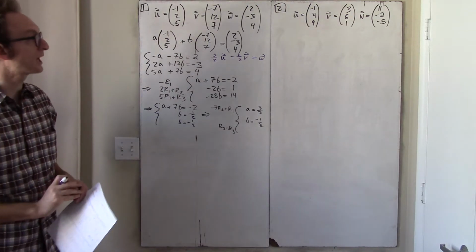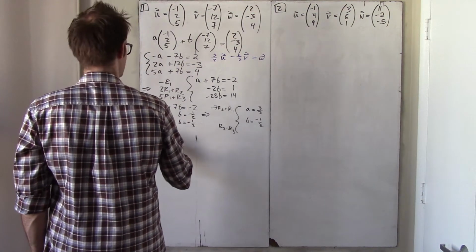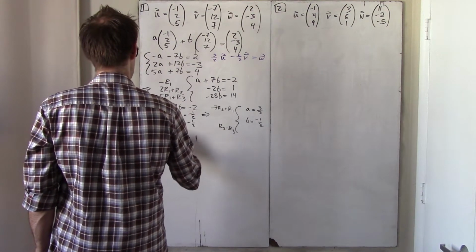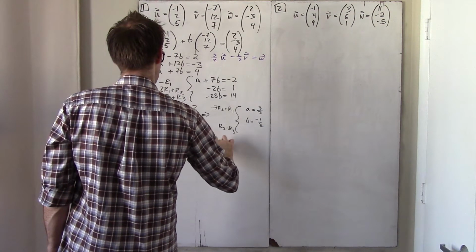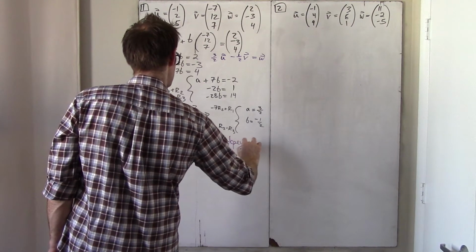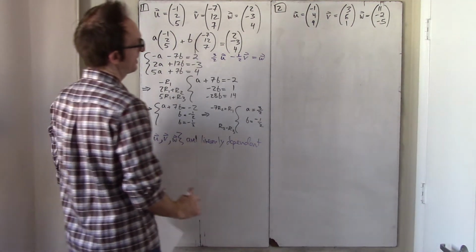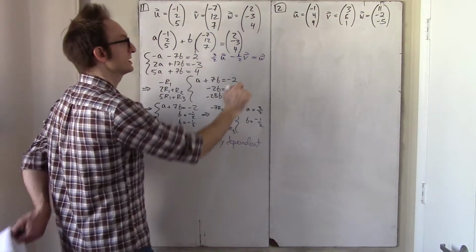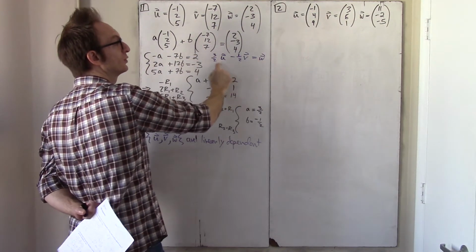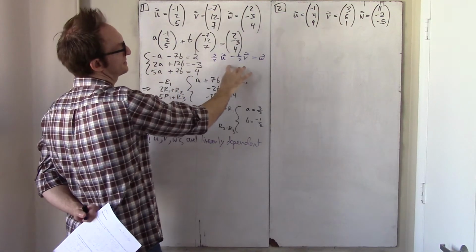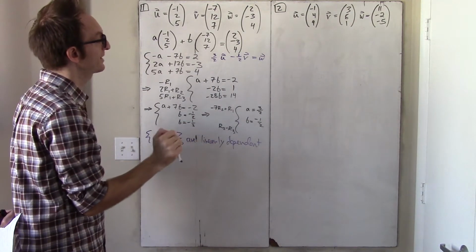Vector w is a linear combination of u and v, and so my conclusion of this problem is that this set of vectors u, v, and w are linearly dependent. This is a linearly dependent set of vectors because I can make w out of u and v. Okay, and notice, I said this in class, but I'll say it again, it was arbitrary that I tried to make w out of u and v, because of course, at least in this normal kind of case, if the 3 vectors are,